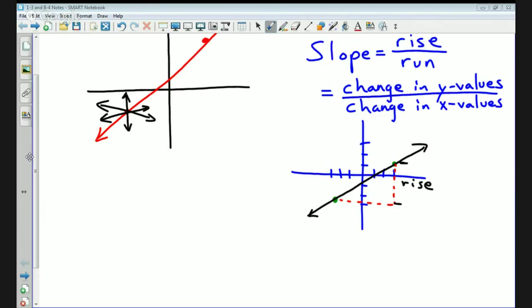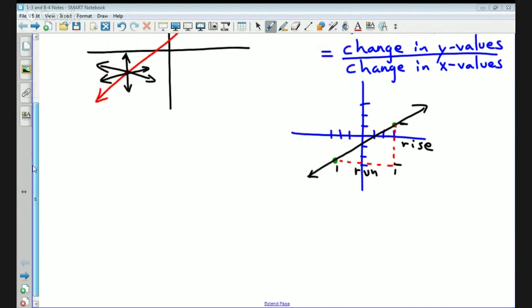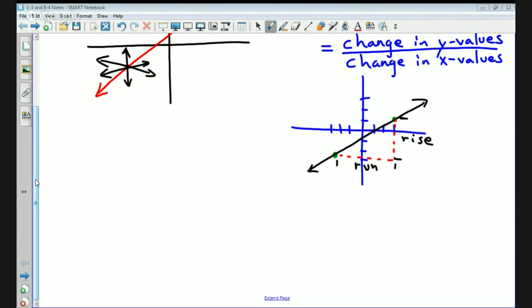And then down below, well, how far did I have to go before I saw that amount of rise? And that's going to be the run. And that's going to be between the 2 x values of our 2 points that we're given. So the change in the y values gives us the rise, the change in the x values gives us the run. Now, mathematically speaking, if we wanted to figure this out, if we were just given 2 points, we would